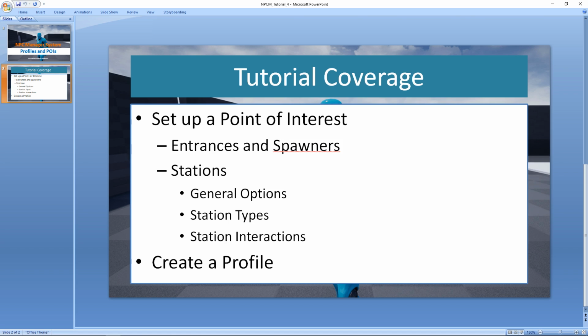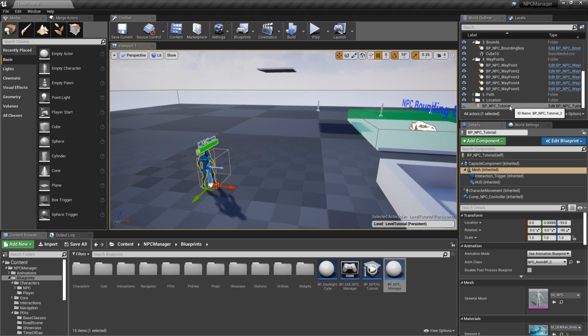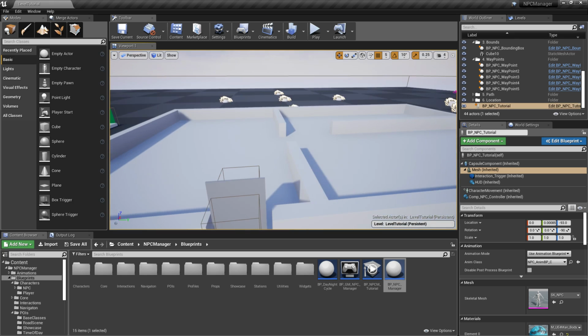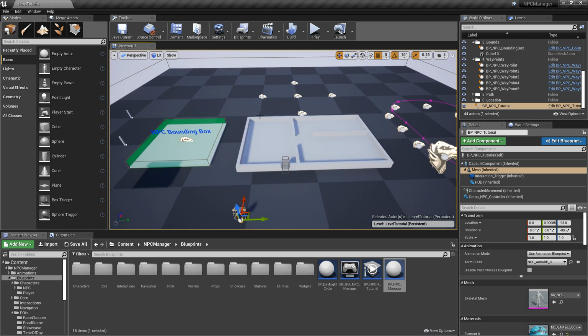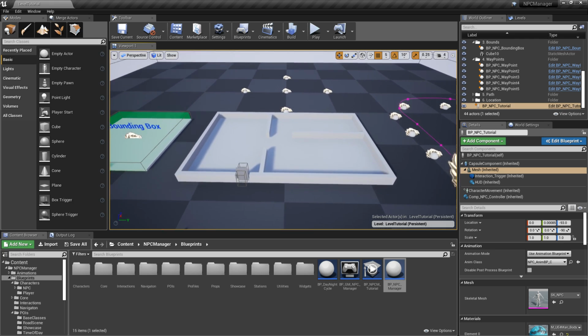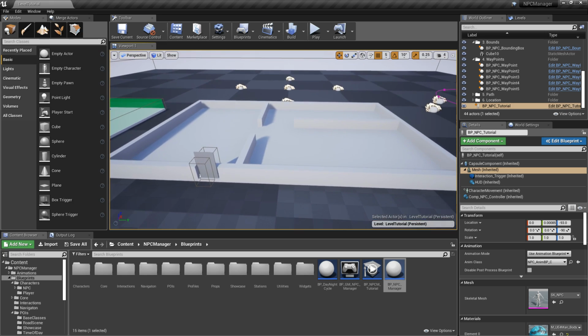So if we jump back into Unreal, we are exactly where we left off. This series is supposed to be sequential, so if you didn't watch the previous video, make sure that you do watch it, at least the part where we create our NPC. But we have our NPC created here, NPC tutorial. And if you are here on the level tutorial, you'll see that we have a bunch of stuff already set up. I have this little mock house that you see here with a little door already set up for us